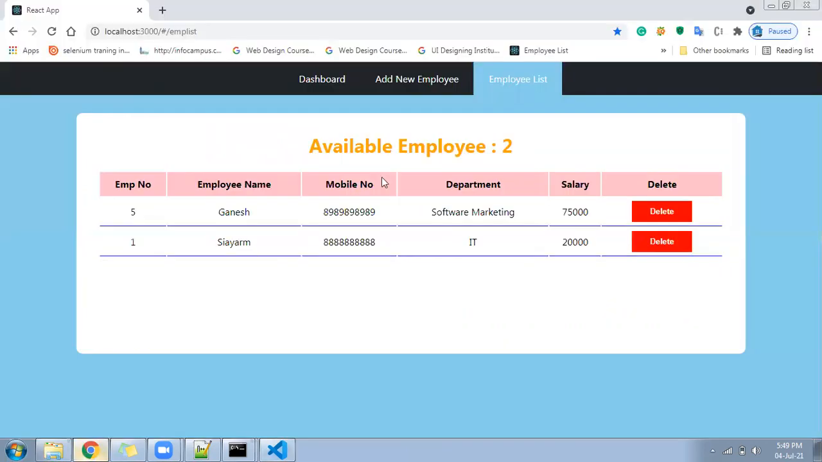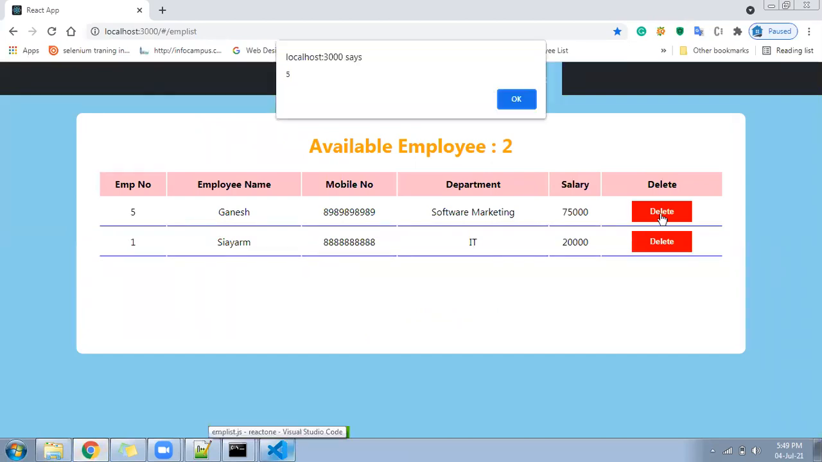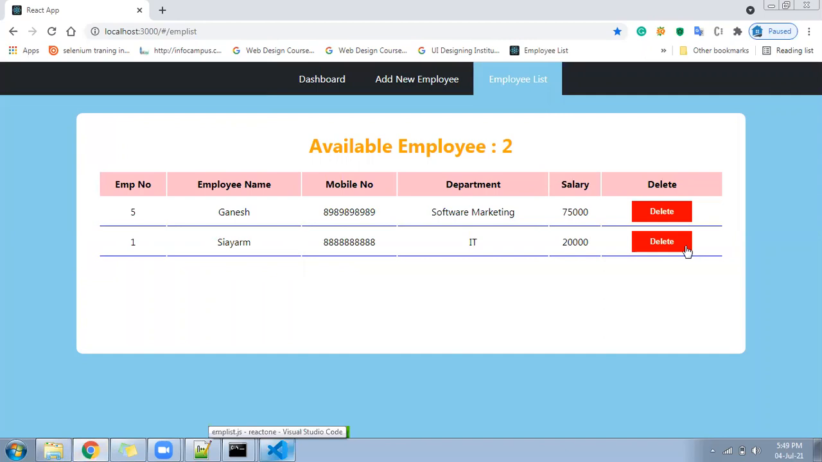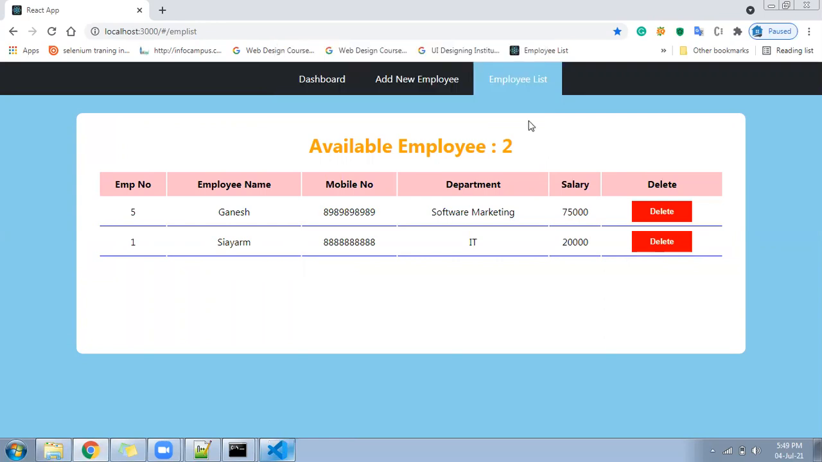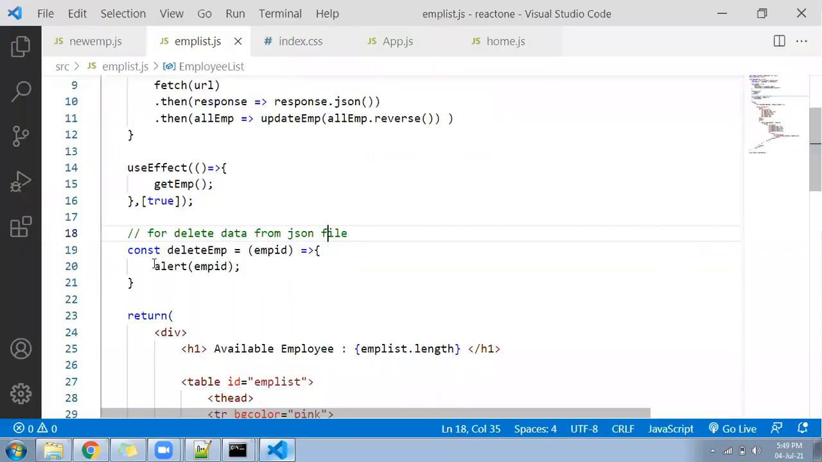Let me look at here whether alert is coming or not. I click here, you can see alert is coming 5. I click here, you can see alert is coming as a 1. Right? That means on click we are able to pass the parameter to a function from the React using hooks. Now at this place,